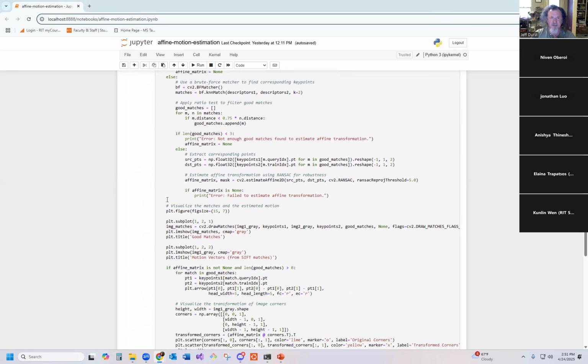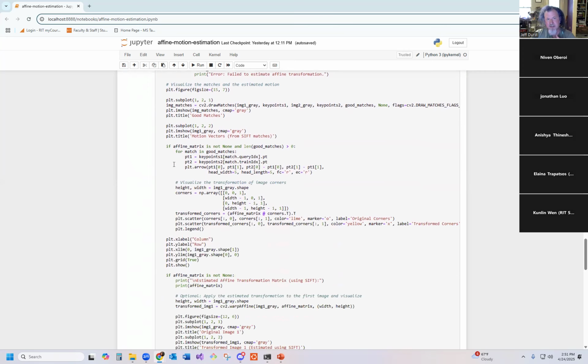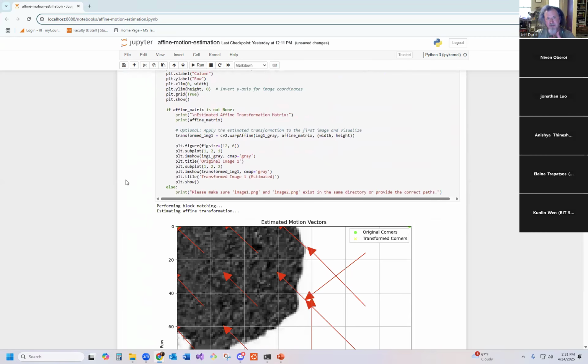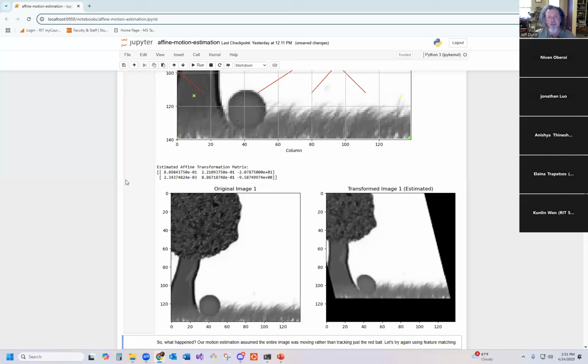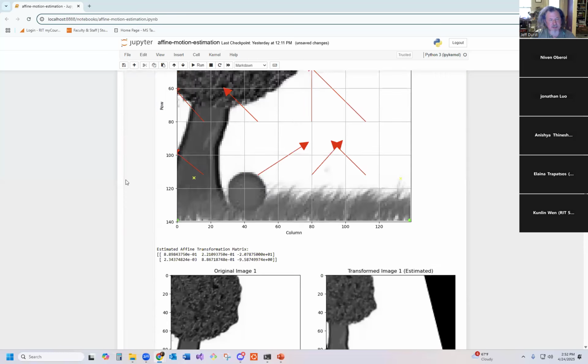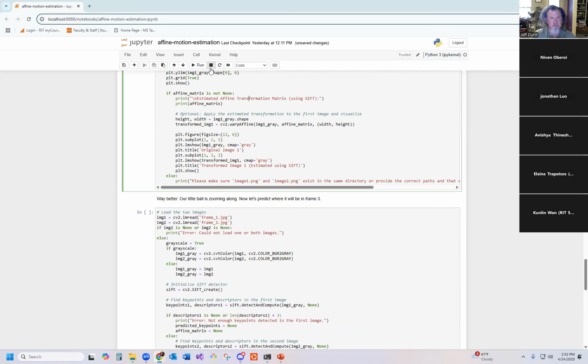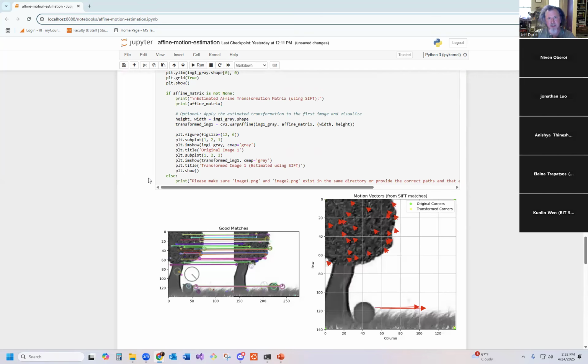So we find all of our key points, then we go in and match our key points, and then we come up with our equation of motion, and now we have